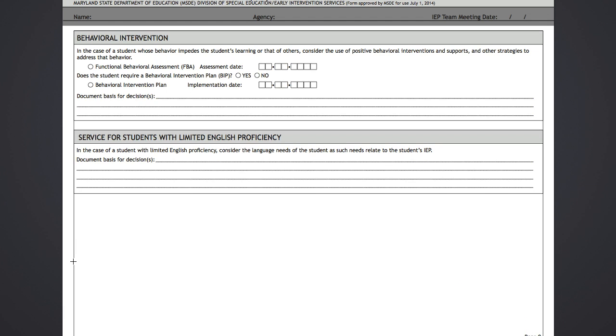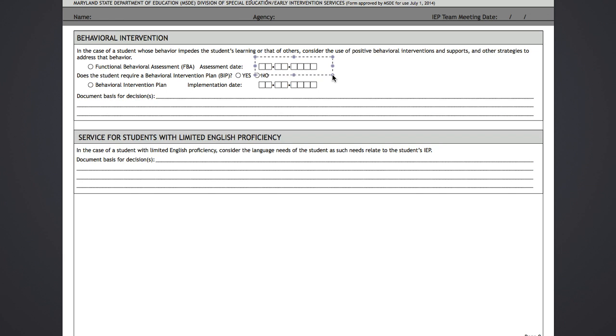And these last two sections of the special consideration section ask the IEP team to consider behavioral interventions for the student. So in the case of a student whose behavior impedes their learning or that of others, the IEP team should consider the use of positive behavioral interventions and supports, or other strategies that address that behavior. If that is the case, then a functional behavioral assessment must be conducted. So if an FBA has been conducted to address some of those inappropriate behaviors, then the most recent date